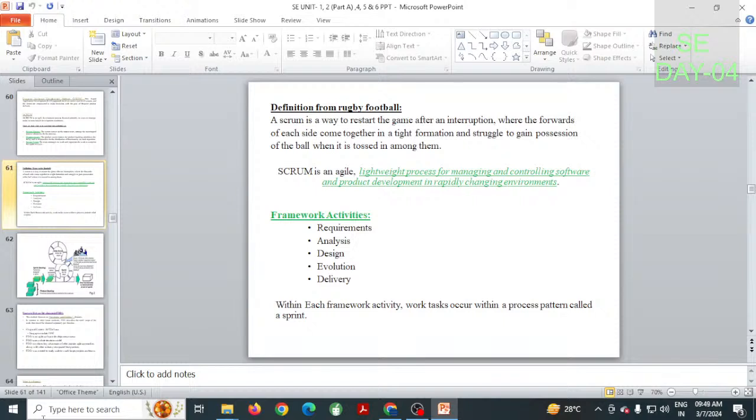Here, for easy remembrance, how do we define a sprint? Within each framework activity, work tasks occur within a process pattern called a sprint. Are you understanding? Now, in today's session we discussed